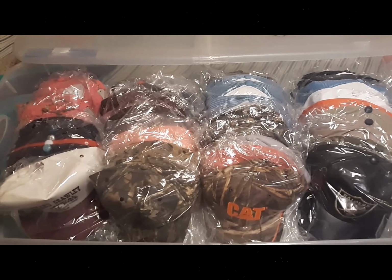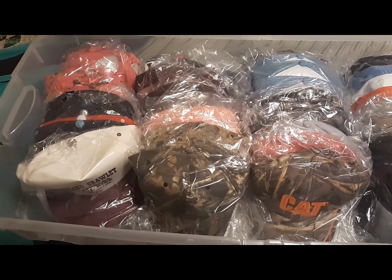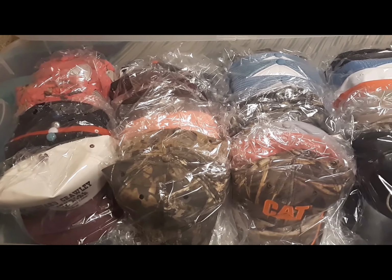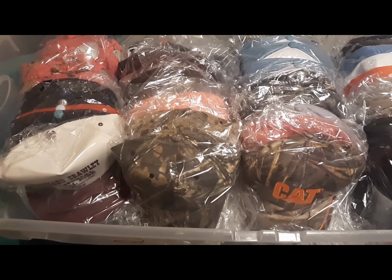This is how I keep my caps. This is cap box number 2. They can slide under the bed. You can stack them. I have several. I keep them in the house until they get full and move them out to the...